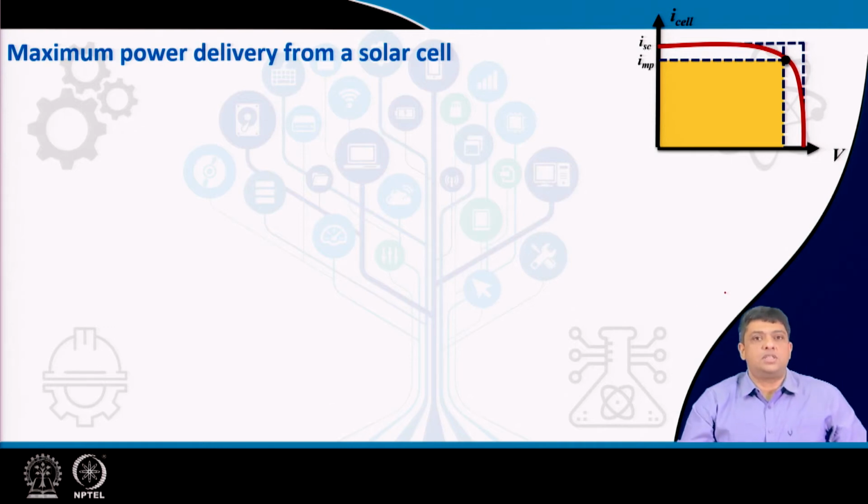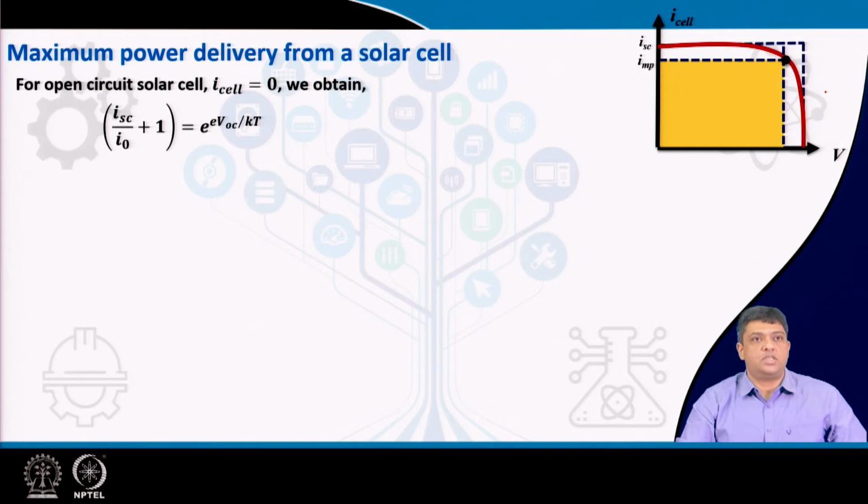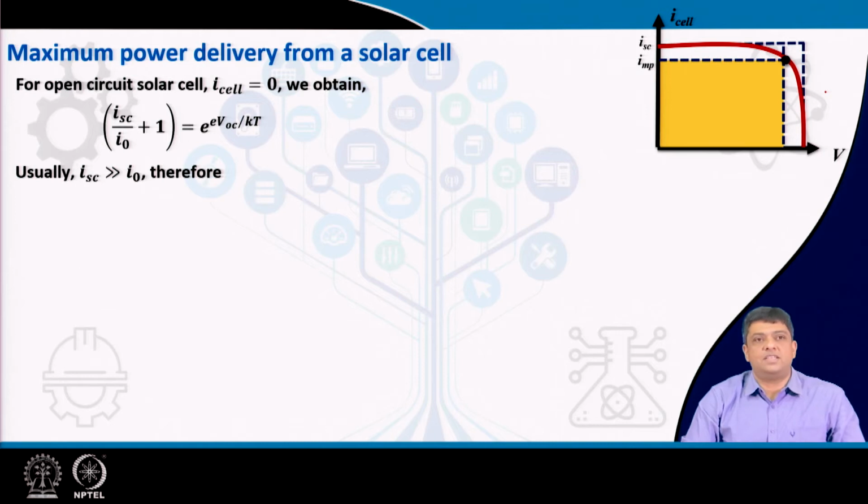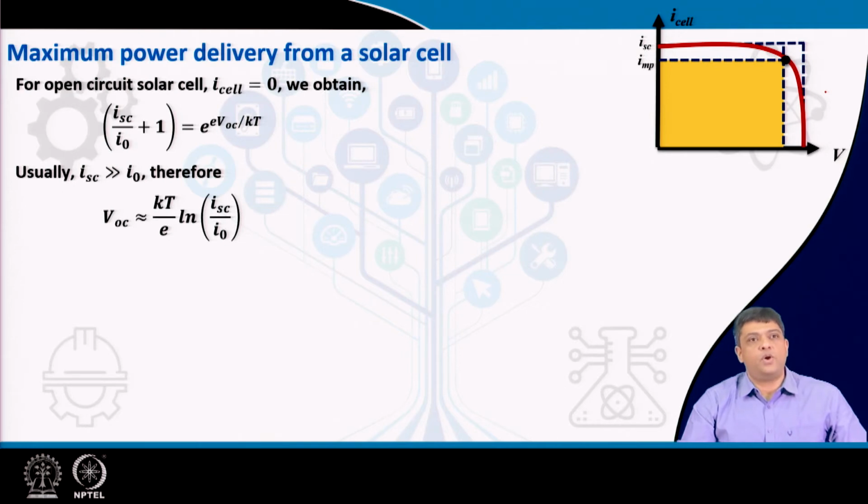Let us now see what is the maximum power which can be delivered by a solar cell. From the open circuit condition, we have I cell is equal to 0. So, we obtained that ISC by I0 plus 1 is equal to e raised to the power of e VOC by kT, because we have the open circuit and we get the open circuit voltage. Now, generally the short circuit current is much larger than the initial current, the I0, and therefore, VOC is approximately equal to kT by e ln of ISC by I0,